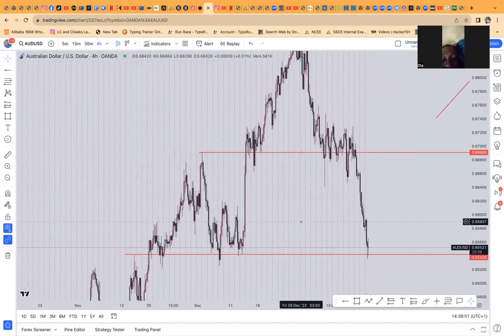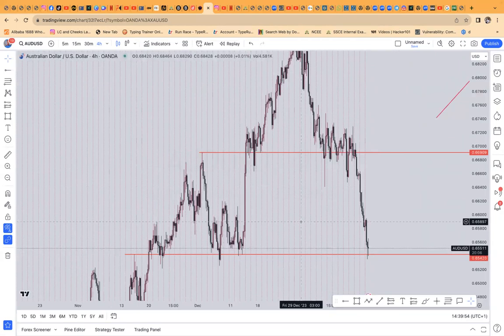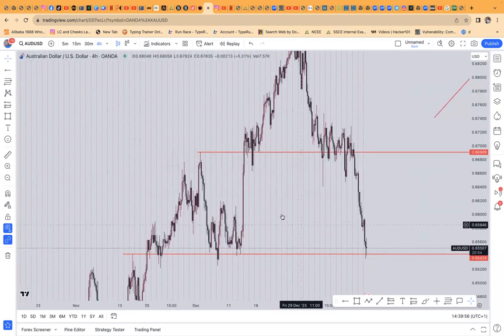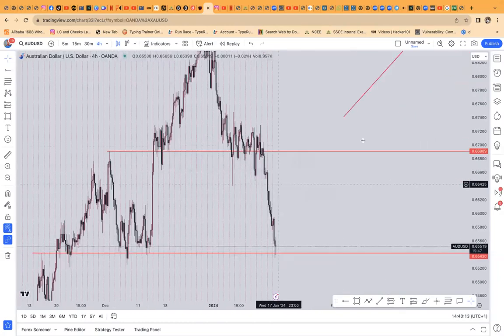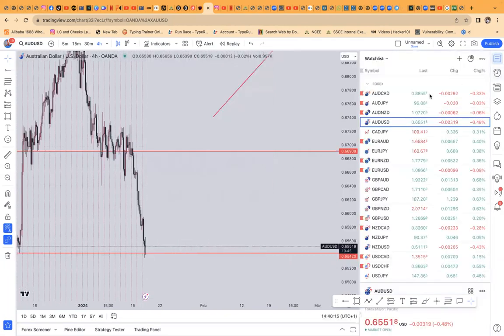I have already marked out my psychology level. And hence, in this level now, price has tapped this guy in. So I am waiting for price to do something, either to sweep this guy or to act as another block. Yeah, if I see a change of character, I'm going to short this guy to this point. It's as simple as that. I'm coming back to this. That is what I am looking at on AUD USD.